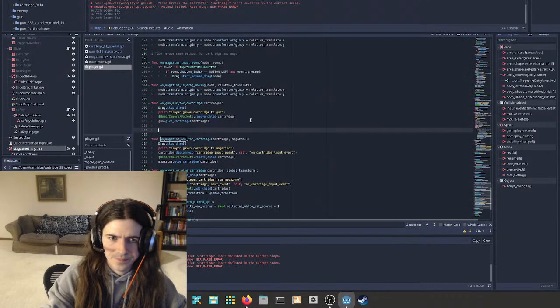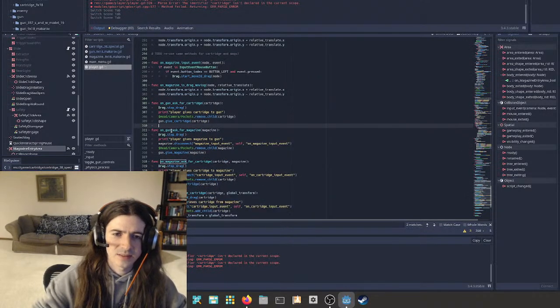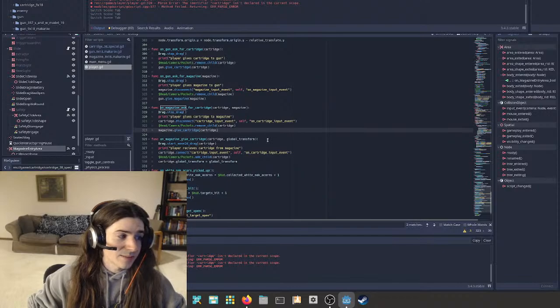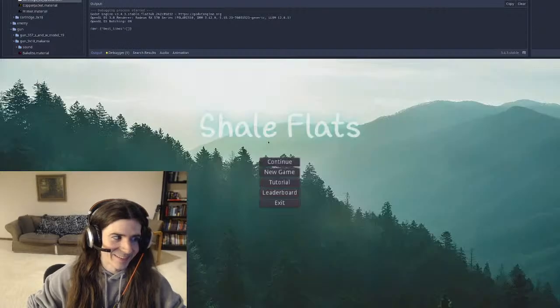There we go. Just keep this all together so it's nice and tidy. And that should work. Now, it's not going to do anything else with it, but it is going to delete it.